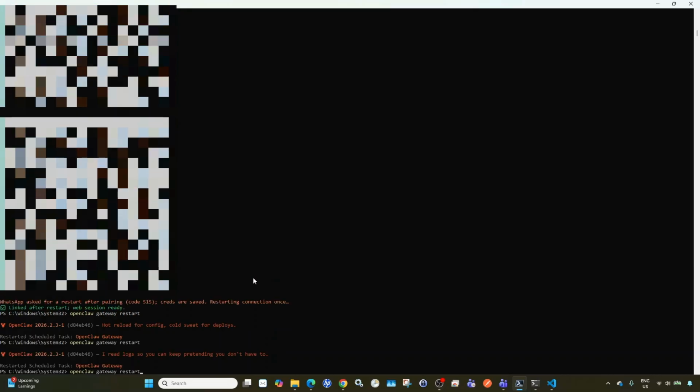So go to your terminal, type OpenClaw agents add, and the name of the agent. So I will say this agent would be my work agent. So you can have multiple agents. One could be your main agent, your work agent, your home agent, and then you can assign different tasks to them. So I'm now creating a work agent,